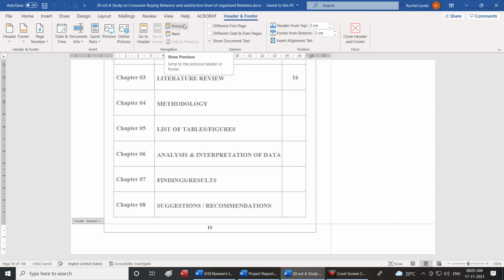Here when I say jump to the previous header or footer, next will be jump to the next header or footer. So in front of go to header, please write down, shifts your cursor to header on the same page. In front of go to footer, please write down, shifts your cursor to footer on the same page.